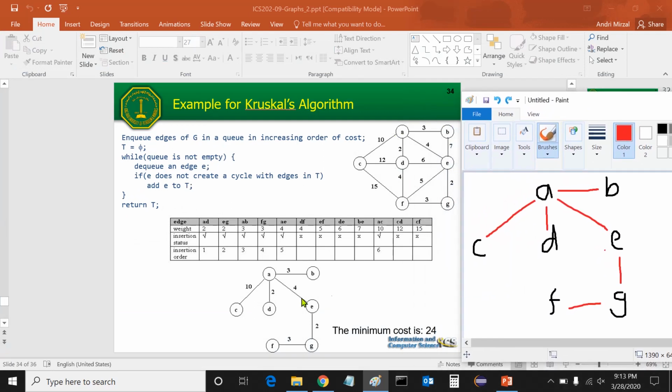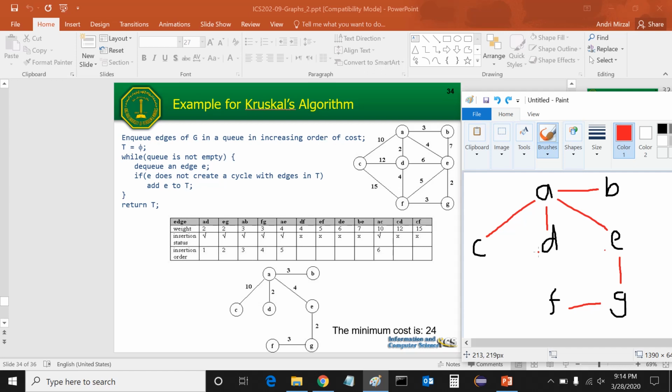If we apply the Kruskal algorithm, look at this. This is the answer. You can see that we also derive a similar answer. Okay, the same answer. So look at this, this is really simple, right? So everyone, we have discussed Kruskal's and Prim's algorithm to derive the minimum cost spanning trees for the corresponding graph. Okay, a summary.